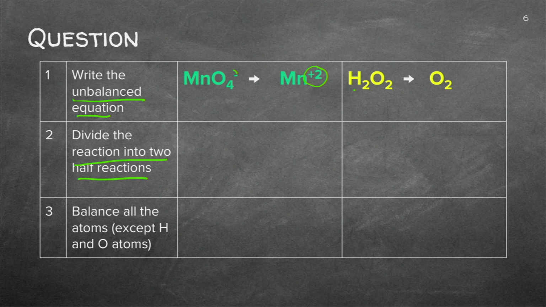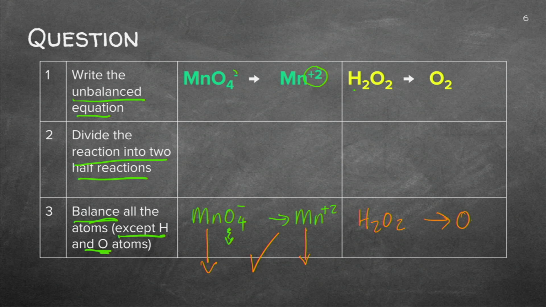Now we want to balance these equations. So what we have here, we've got MnO4, can you see that? Becoming Mn2+. I need to balance except the hydrogen and the oxygen. So it's easy. I'm not balancing that oxygen now. I'm just checking. I've got 1 and I've got 1. So I'm quite happy with this one. In this case, I've got H2O2 becoming O2, and I'm not balancing the H and O now, so I'm leaving that one just as is.